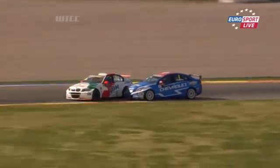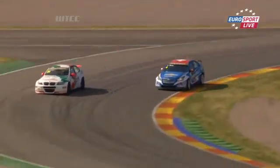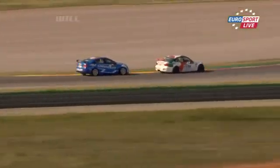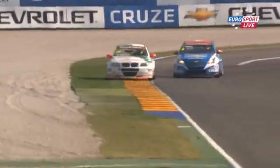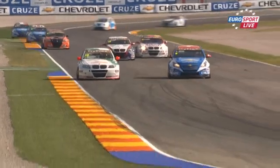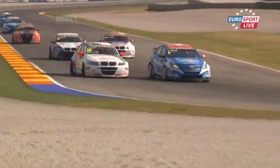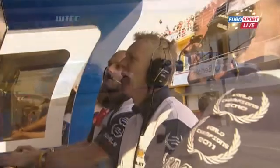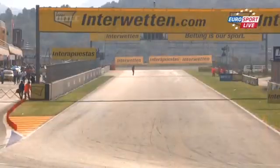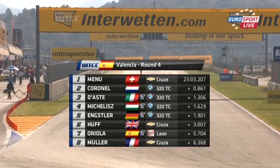And this is the moment when Alain Menu got into Stefano D'Aste, who's trying to close the door. Menu again. This is really professional, Harry. He knows there's a potential he could end up with a penalty for that. Gives the place back. Yeah, he knew he had the faster car at that point in the race and thought, what's the point in losing it all over this when I can let him back past and pass him again in a lap or so. And indeed he did. Turn 2 next lap took the lead for good,